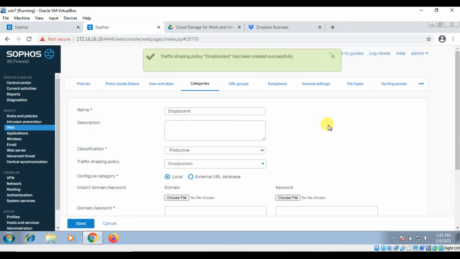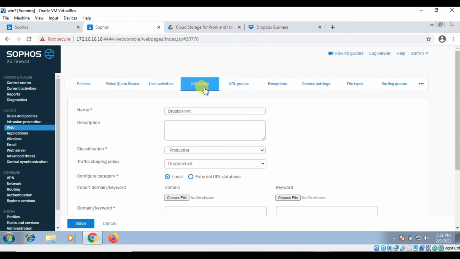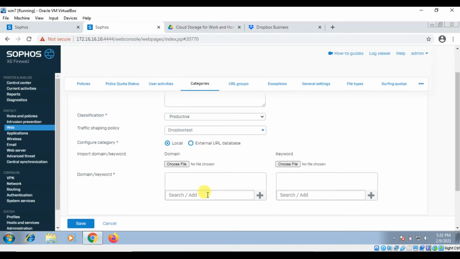clicking on save. My traffic shaping policy is applied on the Dropbox limit category, but we have not mentioned the URL right now.